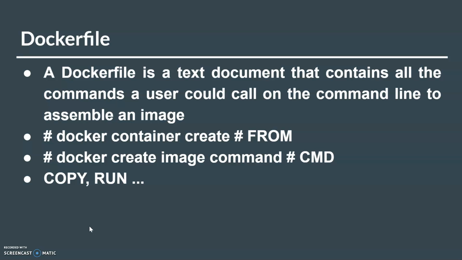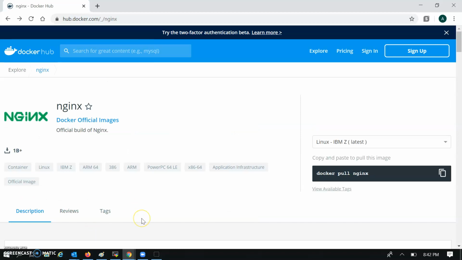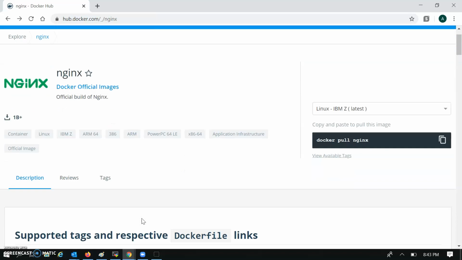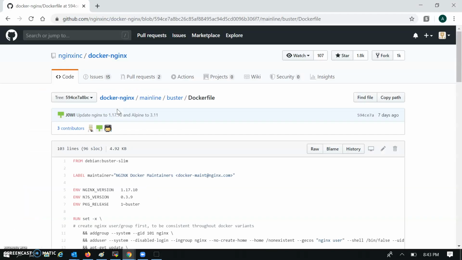So let's have a look. This is the Nginx image. You can see this is the official image, and in the official image we can take any of the supported tags, and here you will find a Dockerfile with the links. I'm just taking the latest, and this will redirect to GitHub, where it shows the Dockerfile.